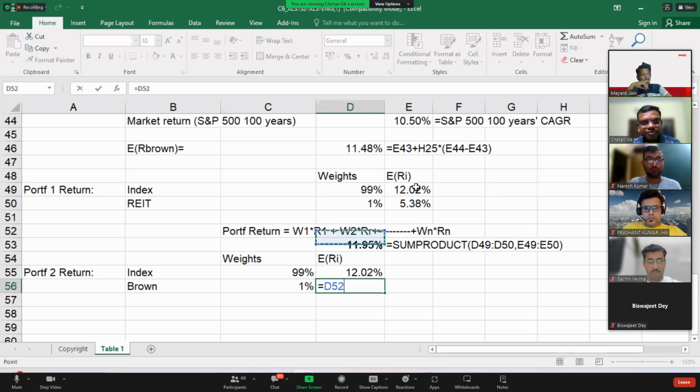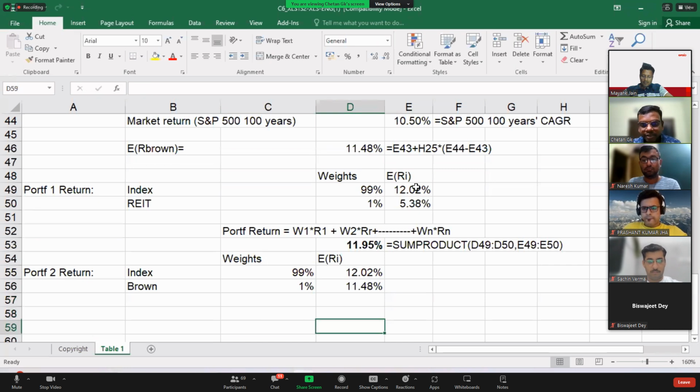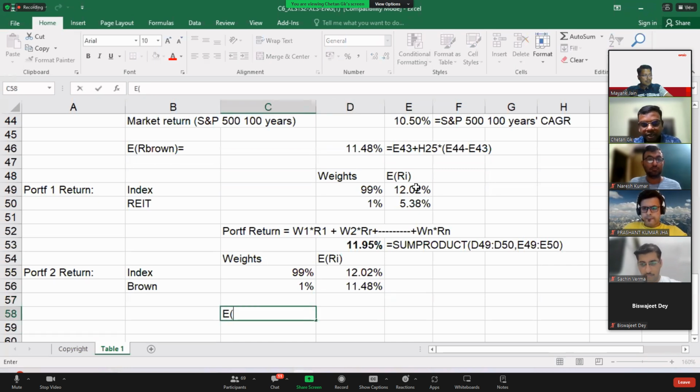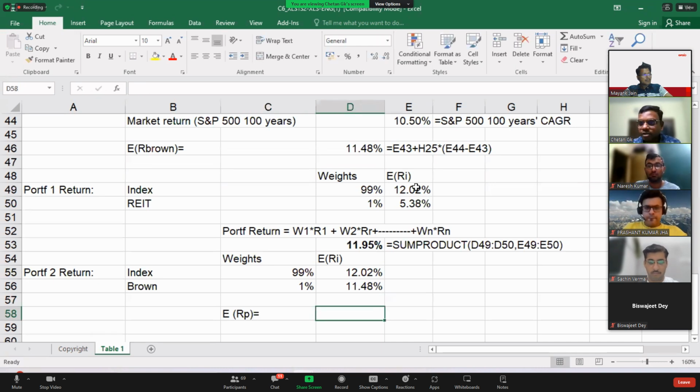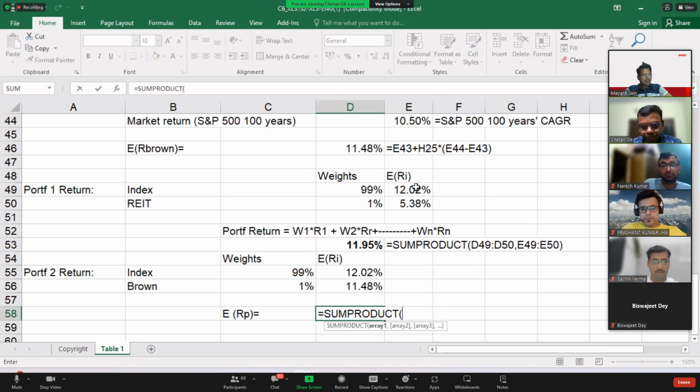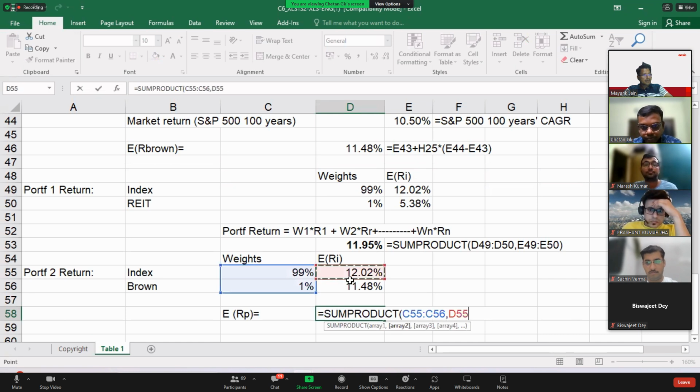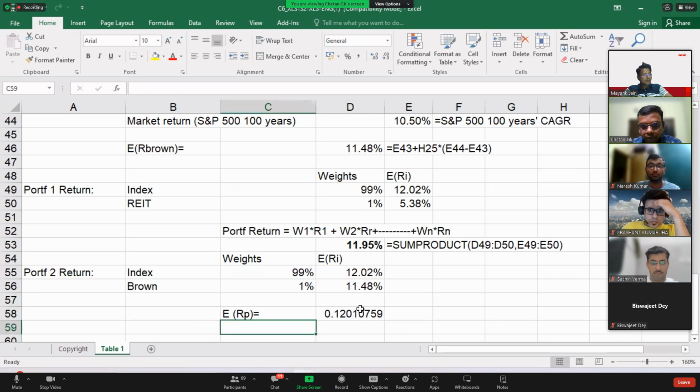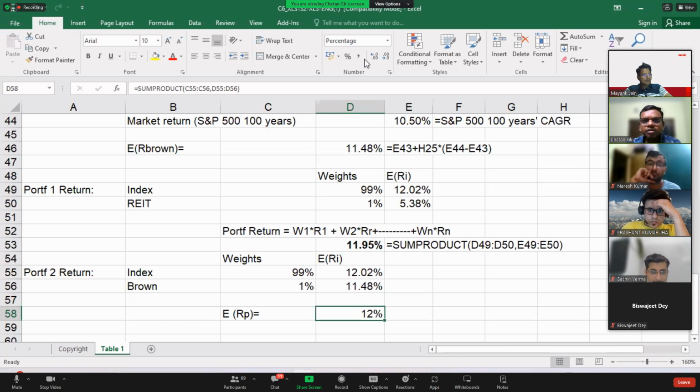How much is the expected return of Brown? It is 11.48, right? So expected return of the portfolio should be written like this. ERP, expected return of the portfolio, is equal to SUMPRODUCT, and you have to mention that in percentage terms.